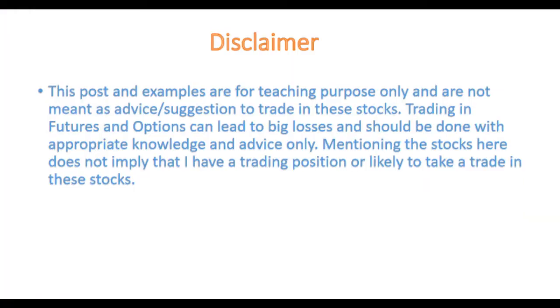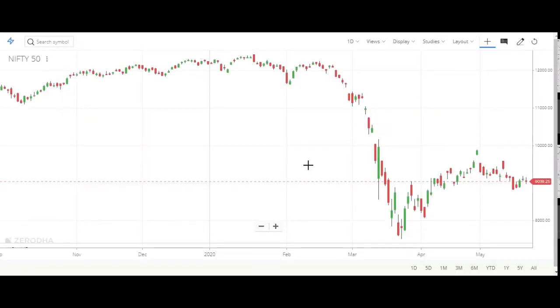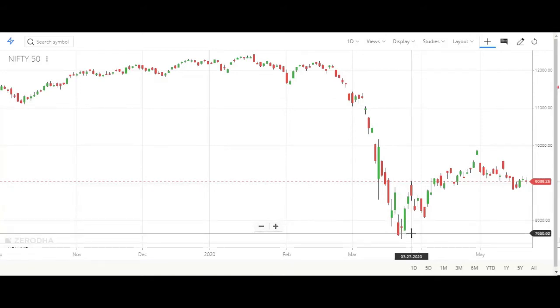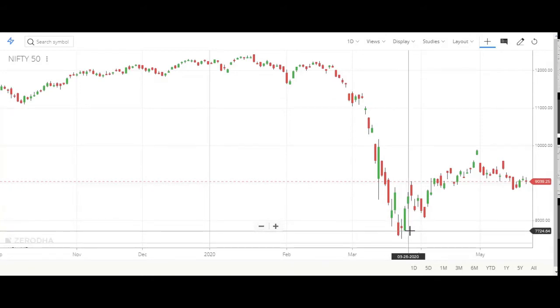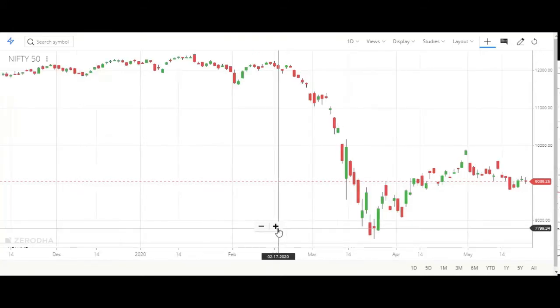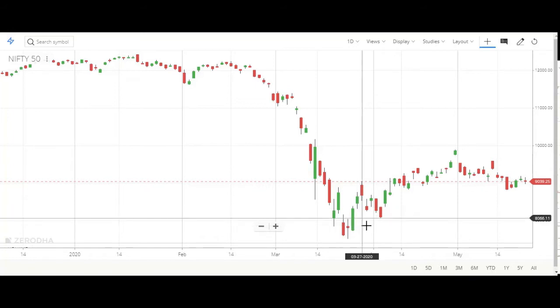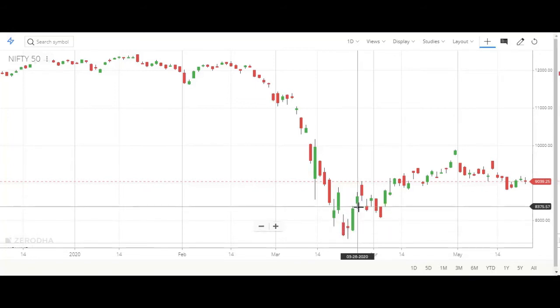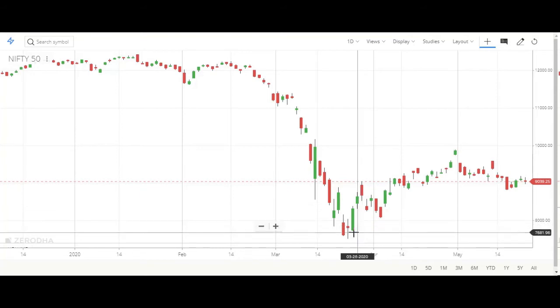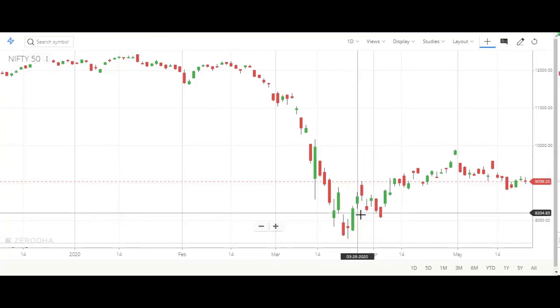Now let's go into live chart examples of the bullish Marubozu. We'll be looking at the Nifty 50. Here you can see that this is the bullish Marubozu candle. This is an entire green candle, and the open and low of the candle remain almost the same. You can ignore the small wick for the day. Actually, the bullish Marubozu candle should not have a wick on either the downside or the upside.